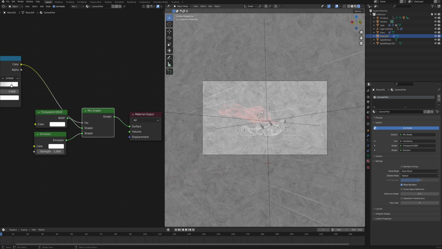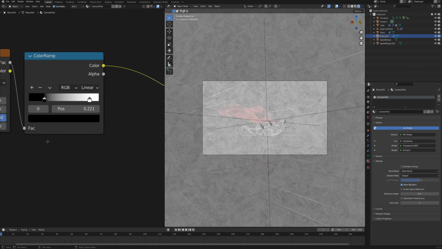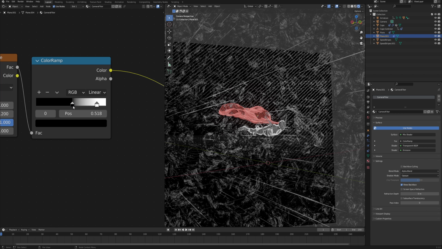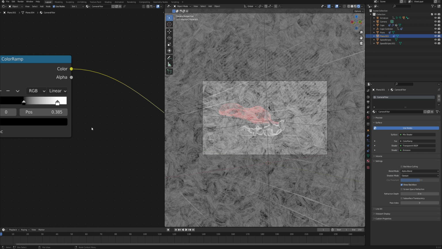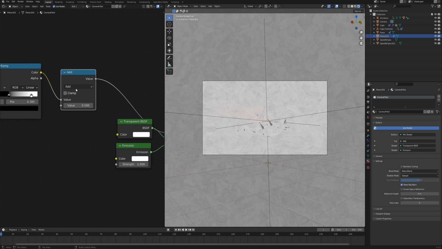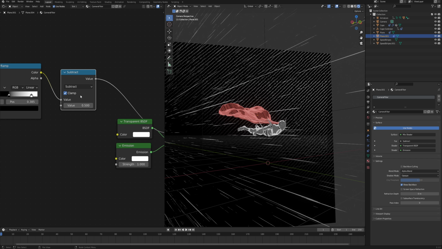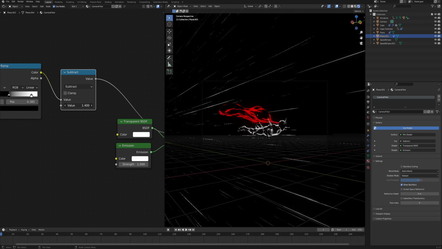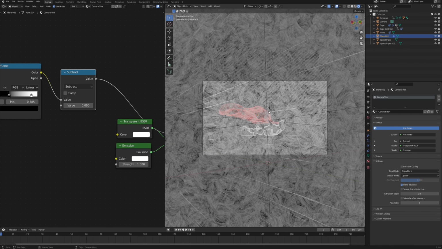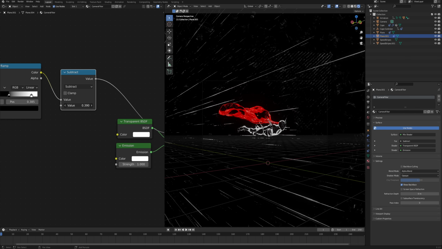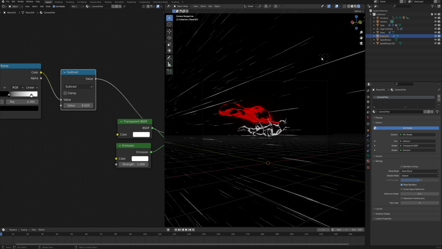So this filter already affects our scene, as you can obviously see. So now as we control this color ramp, we can see how much of it is visible. So I will set it to something like this. And then one neat trick is if we use a math node right before it goes to the mix shader and set it from add to subtract, then you can see that even though it's just the material that's affecting our plane, that is the camera filter, when clamp is not checked, so when the value is able to basically drop below 0, we can control not only the plane that has this material applied itself, but also everything that is being displayed behind it. So even those stripes in here are sort of disappearing as we increase this subtract.